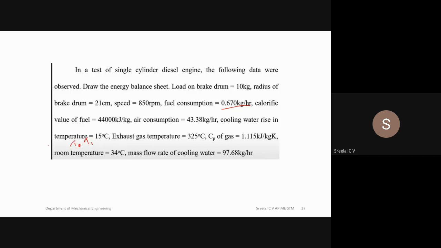Okay, here it is given directly as delta T. Exhaust gas temperature is 325 degrees Celsius. Cp of gas is 1.115 kilojoule per kilogram Kelvin, and room temperature, the ambient TA, equal to 34 degrees Celsius, and the mass flow rate of cooling water equal to 97.68 kilogram per hour. Okay, so this is the question. So first of all,